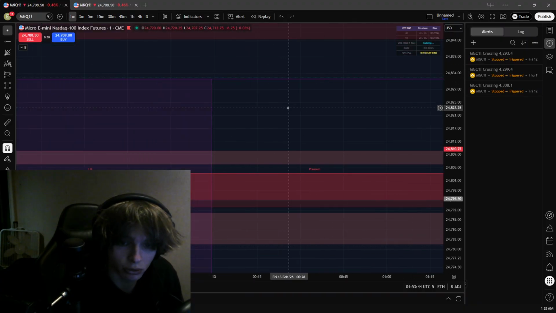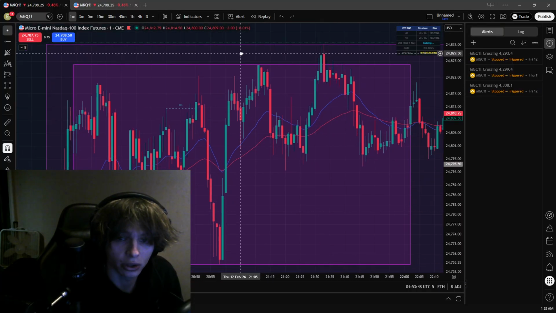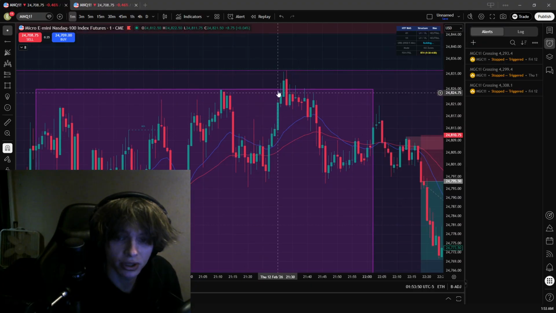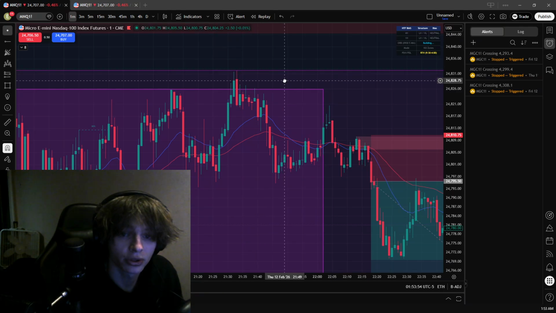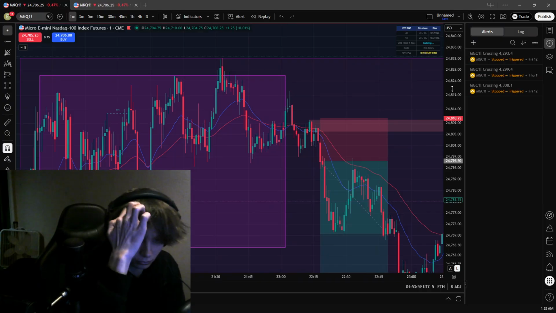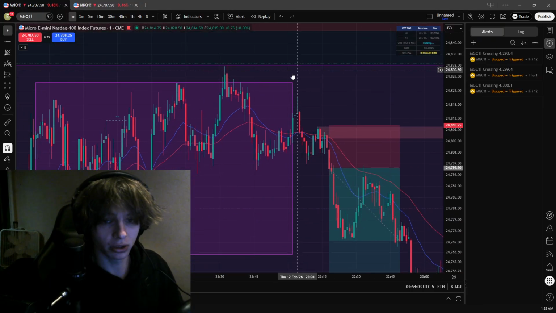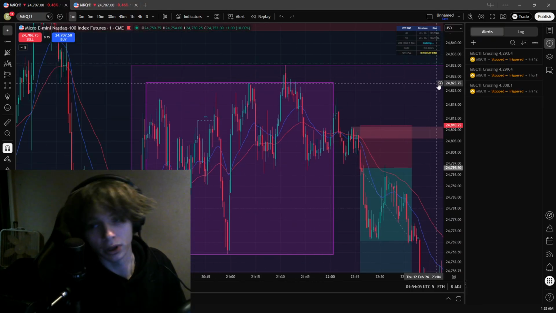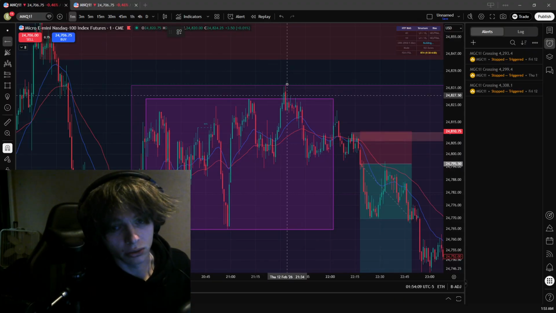So I flicked down to our 1 minute. Okay, I started paying attention here and I noticed that price did indeed go above on the 1 minute and close and then start pushing back down into our zone. Now tell me, people, what does this mean? Okay, if you know anything about ICT, this is what we call,